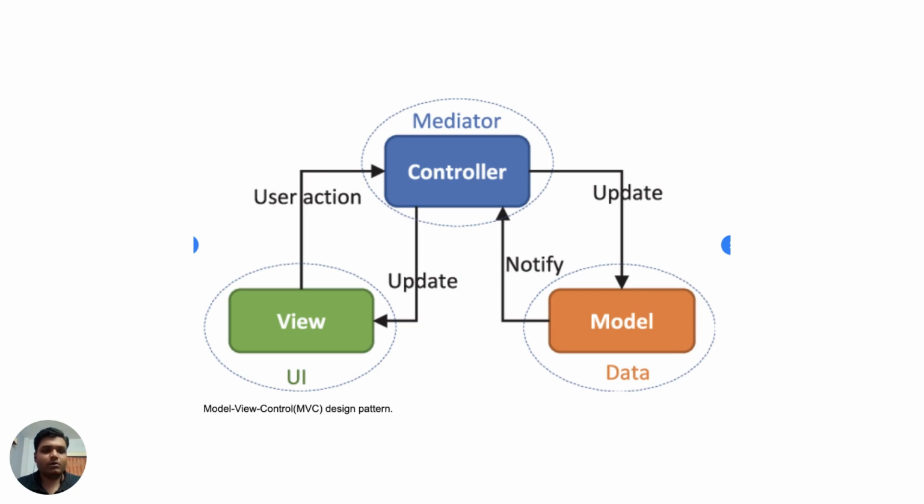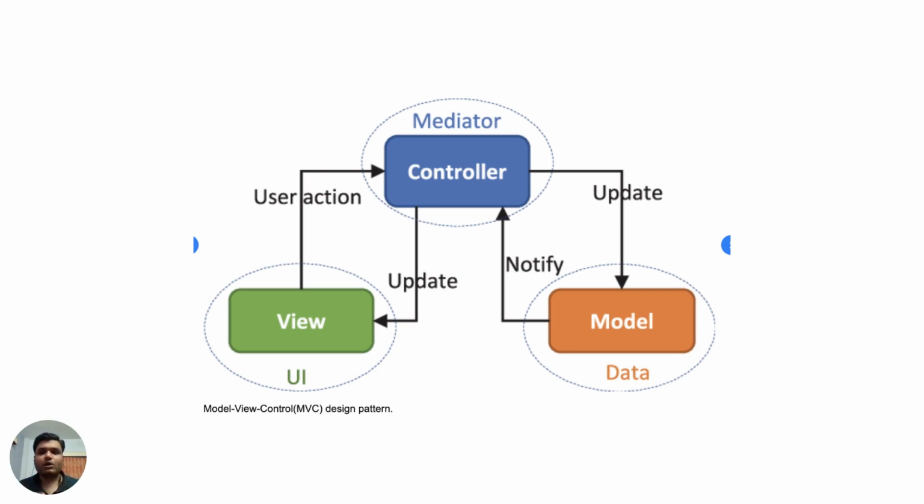The button will cause an event to trigger, and that event will be handled through an event handler and various other handler functions which are implemented in the controller layer. So the view interacts with the controller through user action. And what does this controller consist of? It consists of your activity and fragment files, etc. Then the controller processes those actions and takes them to the model. It updates the model.